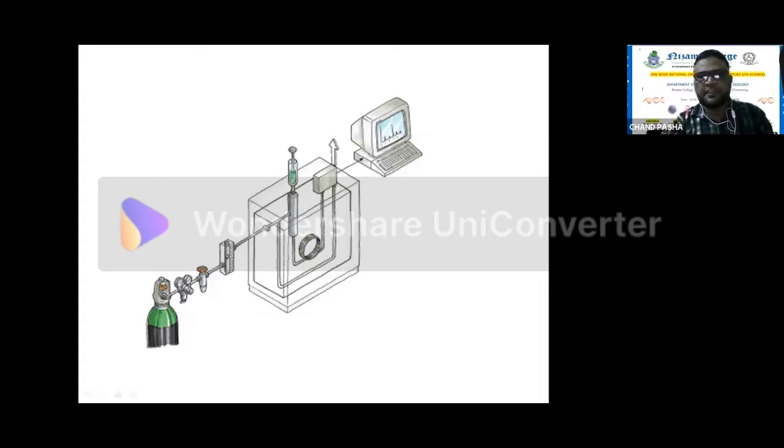This is the column which is maintained in the oven, and here the molecules get separated based on their physico-chemical properties. Once they are separated, they enter the detector. After entering the detector, some sort of signal is produced: an electrochemical signal, an absorbance signal, a change in conductivity, or a change in optical density. That signal is acquired by the computer system, in fact the inbuilt software, and you will get it in the form of chromatograms.